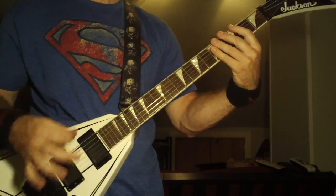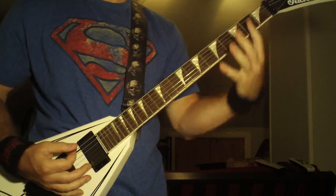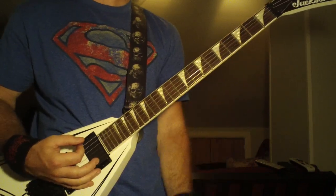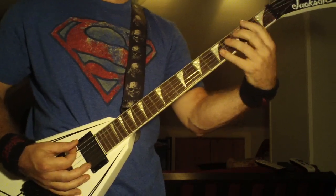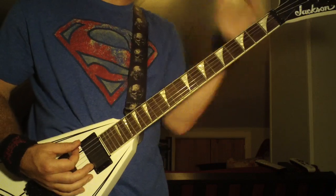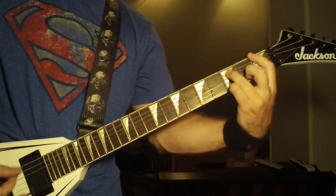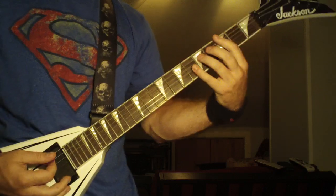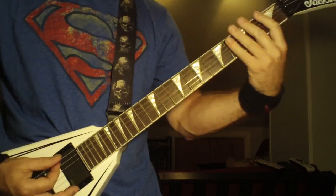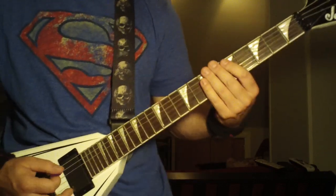You're going to go hit really hard that 3rd fret power chord on the E string. Okay, and what he's doing there is that 3rd fret power chord is open, and then everything else is heavily palm muted. And you're going 2nd fret, 1st fret, open, and then back to the 1-2 on the E string. Like that. And then he goes back into the regular rhythm. Every time you hit that 3rd fret power chord, though, it's open. And then it goes as if he's doing it 2 times, but it stops at that 1st fret, and then it goes right back into...